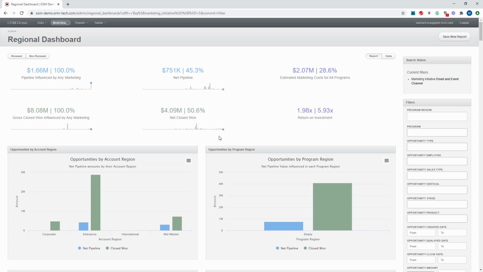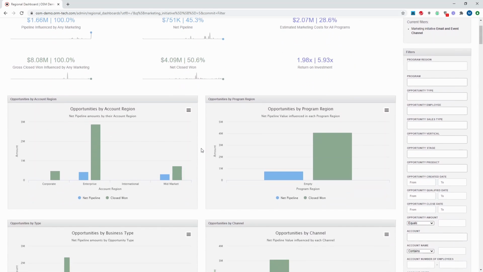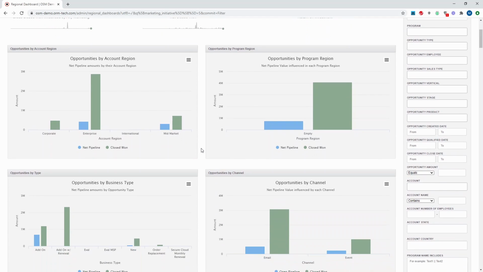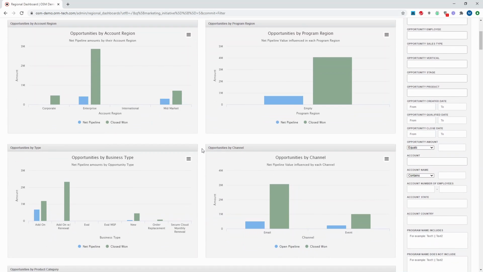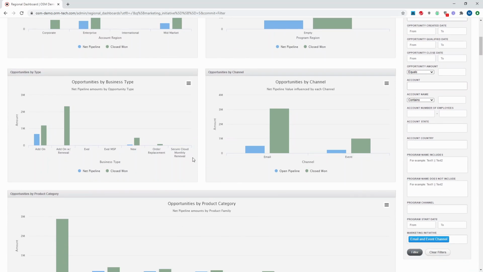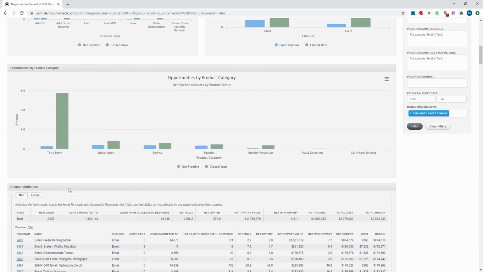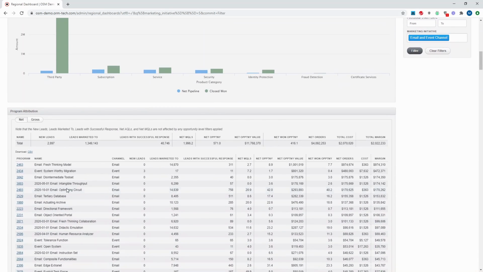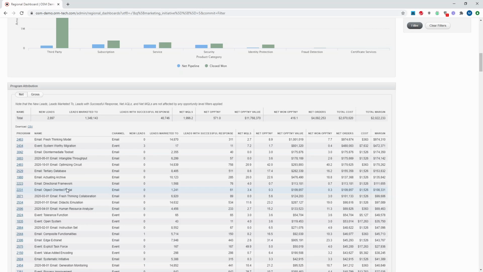So the multi-touch attribution model is tying dollars back to the opportunities for these programs, along with the ROI. So we can scroll down here and we can see different visuals for, say, account region, how much pipeline, how much closed won dollars for the different business types or channels. We can take a look at that. We also look at this program attribution panel where we can get a view of each program broken down, and we can see maybe how many leads were marketed to, how many MQLs did we have,